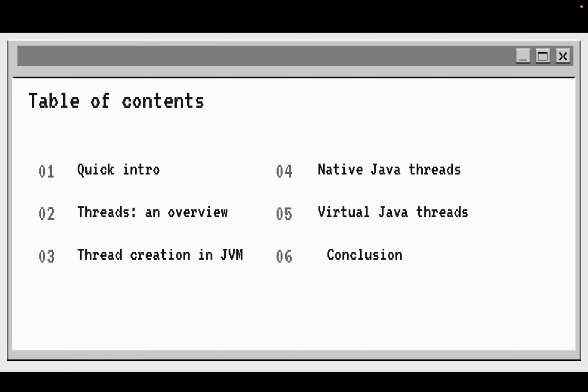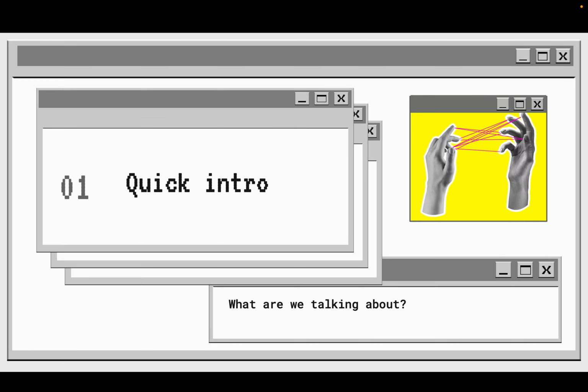So we're going to start with a quick introduction, and then we're going to talk about threads a little bit, and thread creation in the Java virtual machine, and about two types of threads: native Java threads and virtual Java threads. And then we're going to do a conclusion. So we're going to start with a quick introduction. What are we talking about? Throughout this presentation, we have 3 demos which will help us understand this